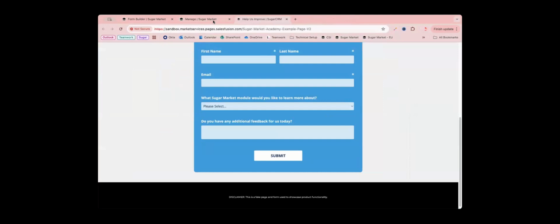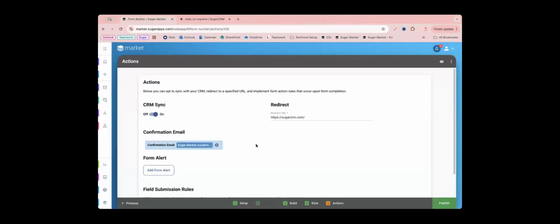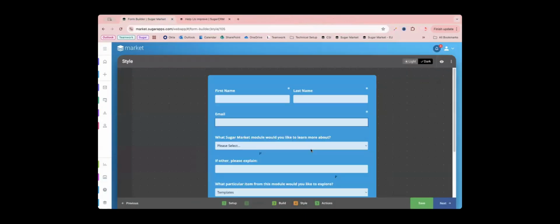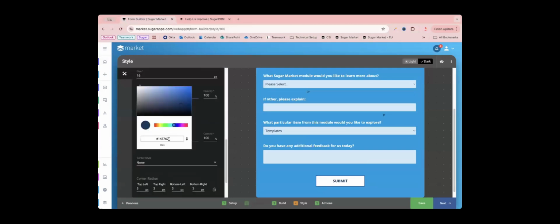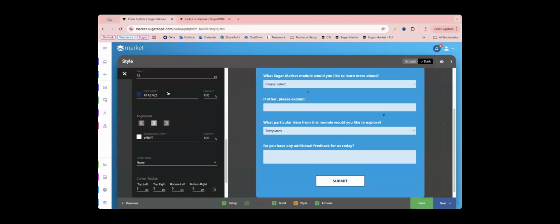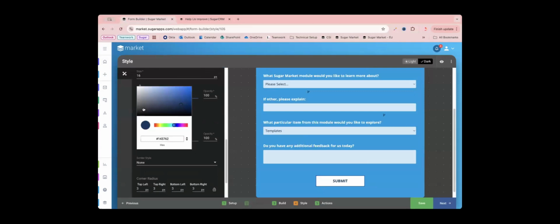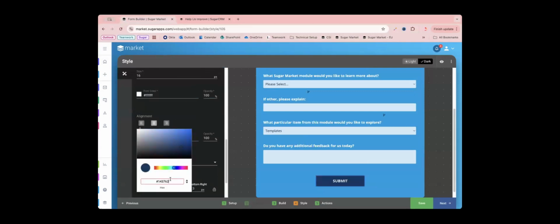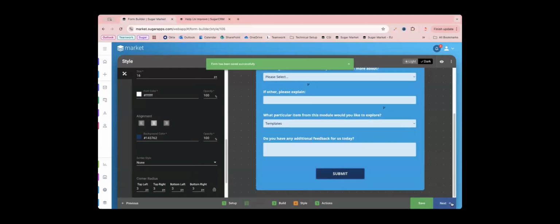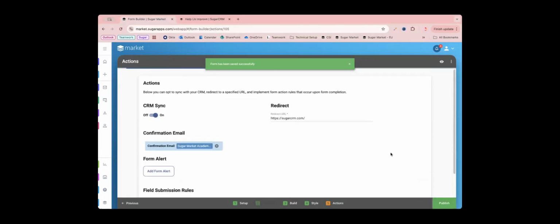Good news. What we can do, we go back into our form, go to the style step. Let's say we want to change these colors out. I want this to be my background and the white to be the font. It'll look weird for a second, so apologies. Save that change. We're going to go to next. When I republish this,